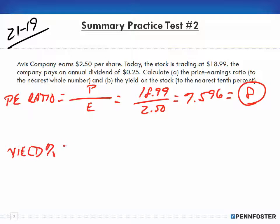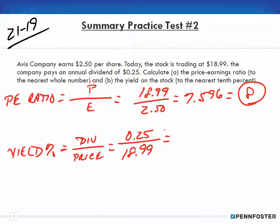Then the yield is what you get back divided by whatever your cost was. When we're looking at a stock, we're talking about the dividends over the price of the stock. Our dividend in this case is 25 cents, and we're dividing that by the price of the stock, $18.99. 0.25 divided by $18.99 gives us